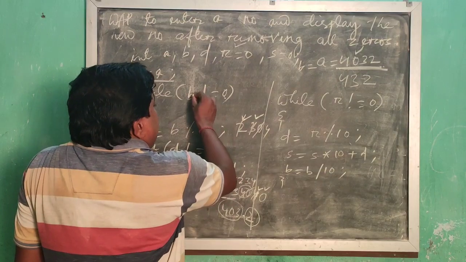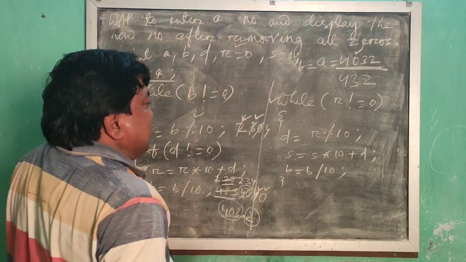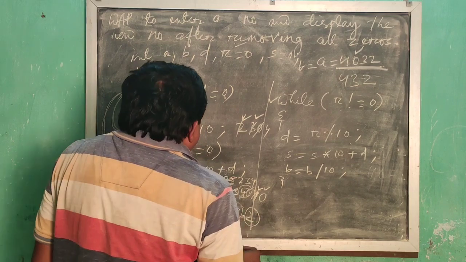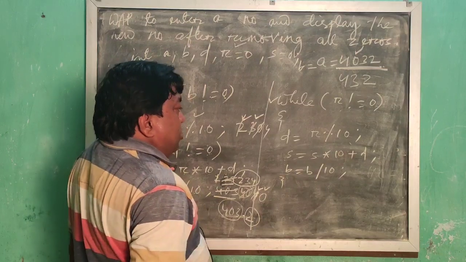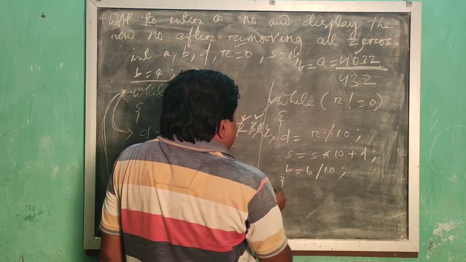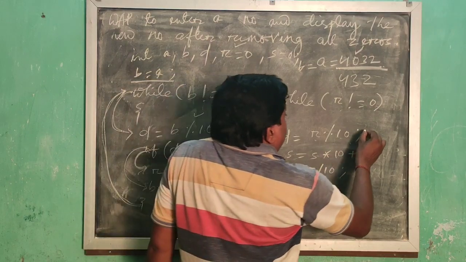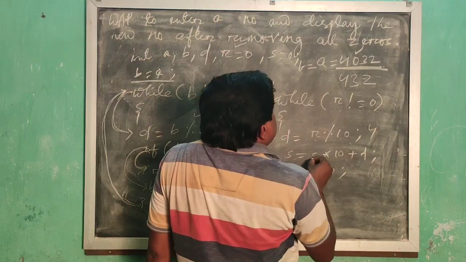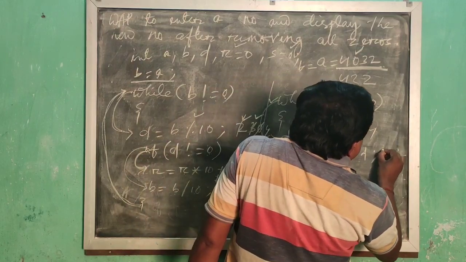Okay, then when it comes out of the loop, it will check another loop, means the rest of the part, that is while r is not equal to 0, is it true? Yes. r is 234, it is not equal to 0 means it goes through the loop. Here d equal to r modular 10, 234 modular 10 means it will be 4, then s equal to s into 10 plus d. S we have declared here as 0, then 0 into 10, 0 plus d, it will be 4.